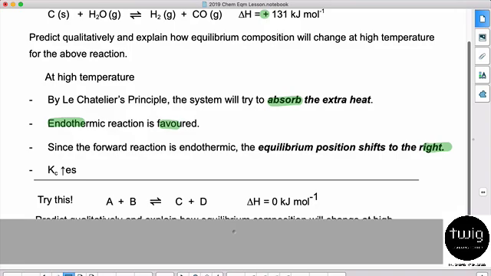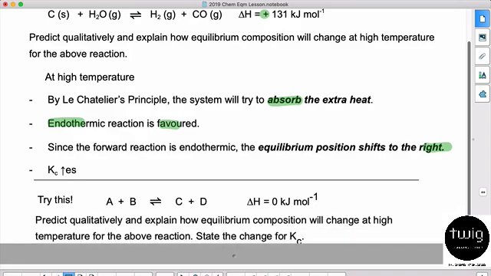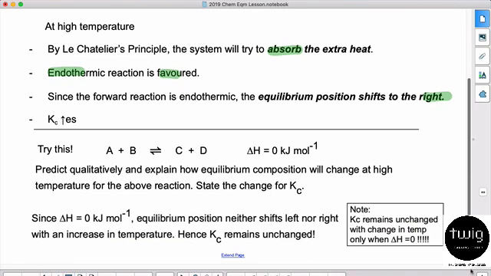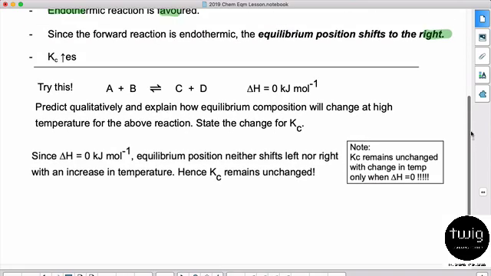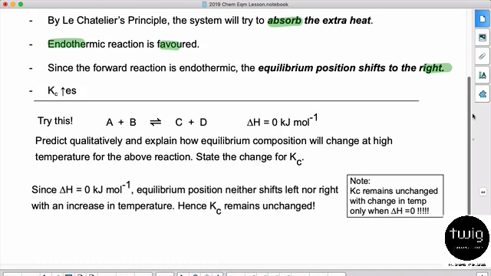Okay, this one here is the tricky one. The change in H is actually 0, so this reaction is not endo, not exo. Which means there is no reason why it should shift at all. It won't favor any side because it's neither endo nor exo. So since change in H is 0, maybe I should write this down. Since change in H is 0,